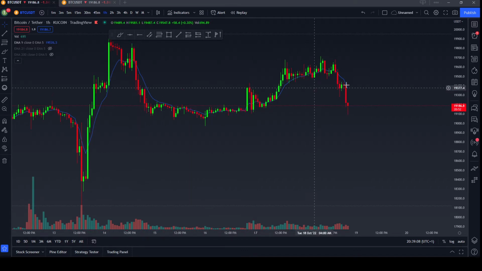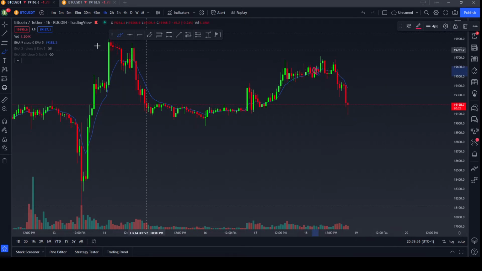And when you're looking at a 9 data point EMA, you're looking at the previous 9 candles and what the average close is. So, if you take the 9 candles, 1, 2, 3, 4, 5, 6, 7, 8, 9. Well, if you look at this candle here, let me just get my tool out here. If you look at this candle,